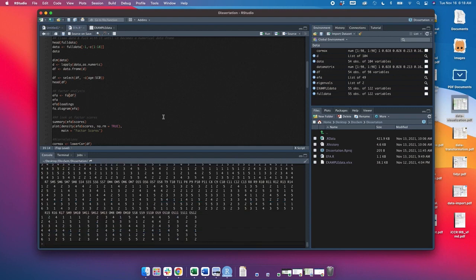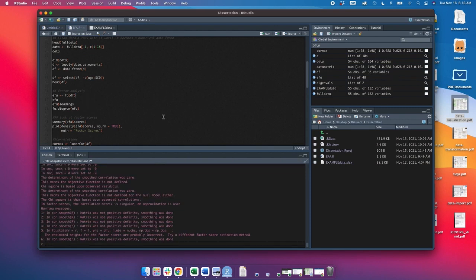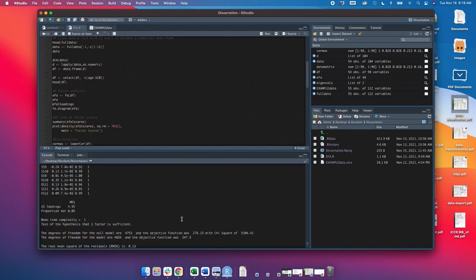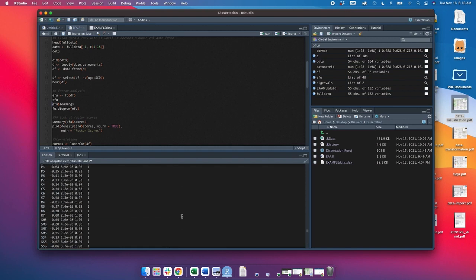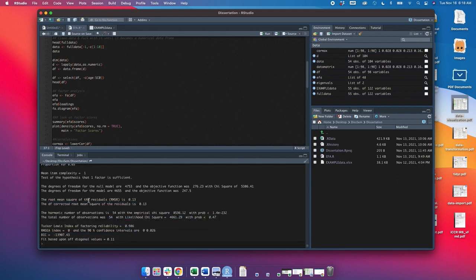So to run the EFA, I just did an easy factor analysis. That's the FA on my data frame. I can look at it. I've got all my loadings, all my, where are they? Yeah, some of my